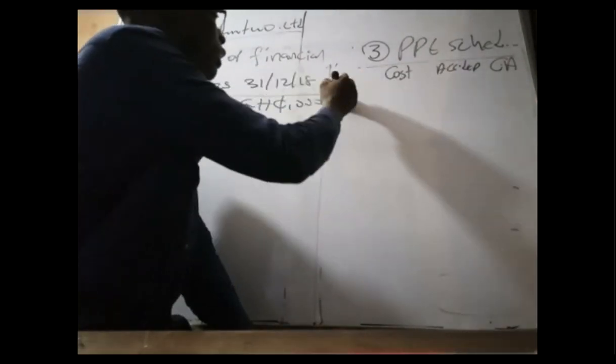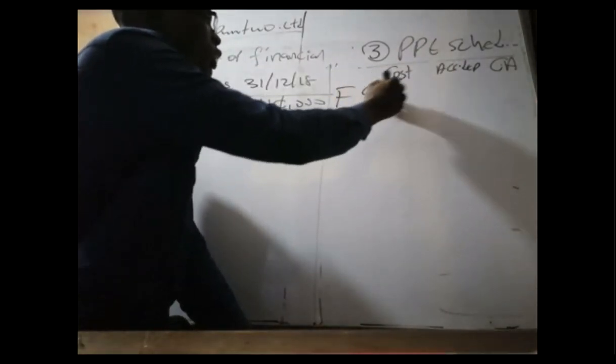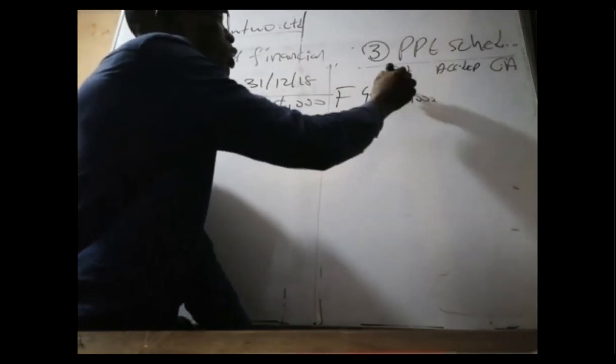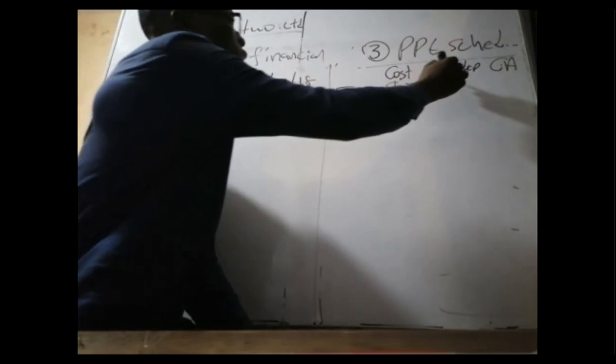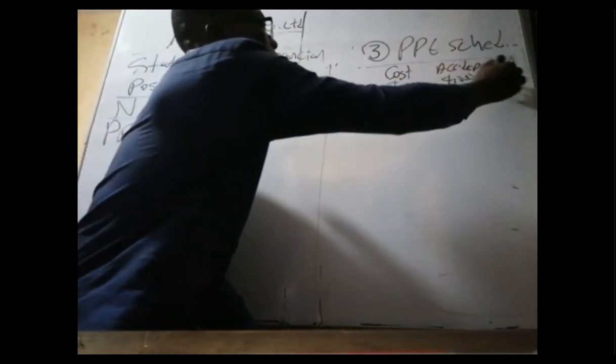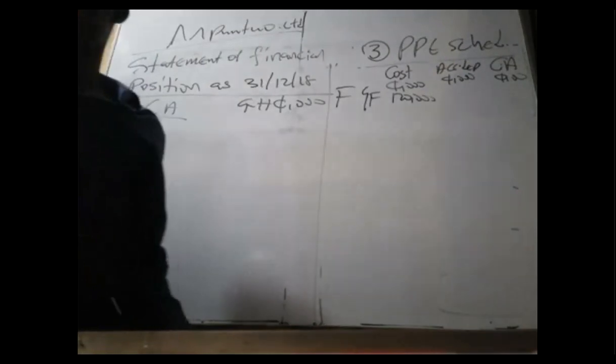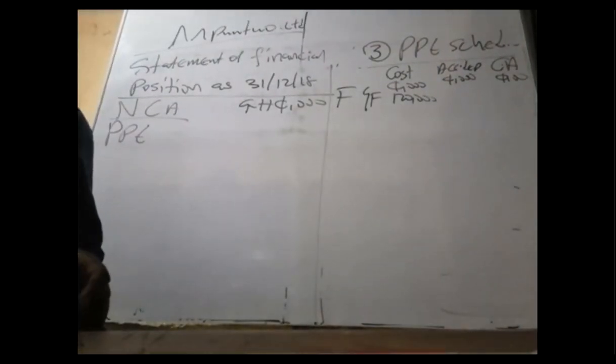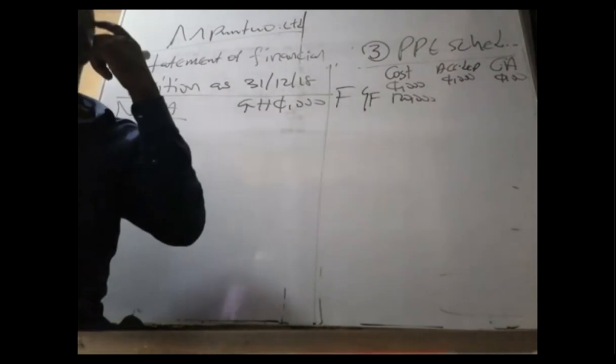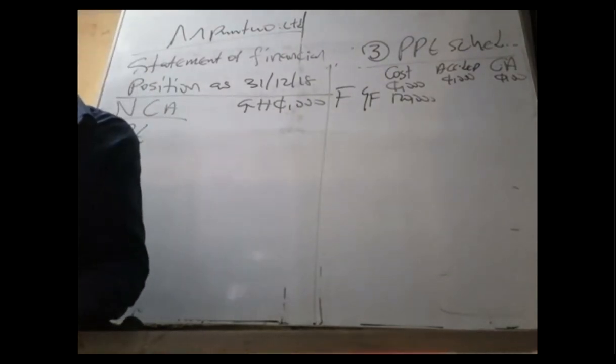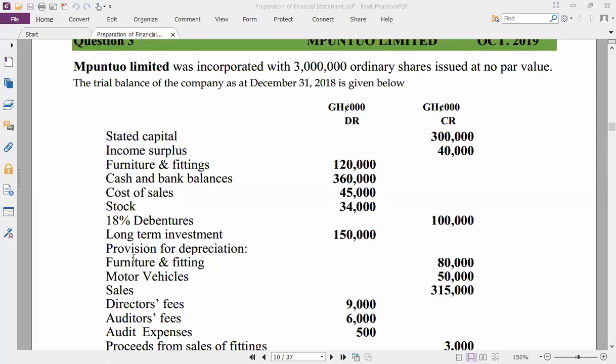Good. So F and F. Don't forget the currency. Okay, so the next item will be... if I go down, if I go down again, I can see some